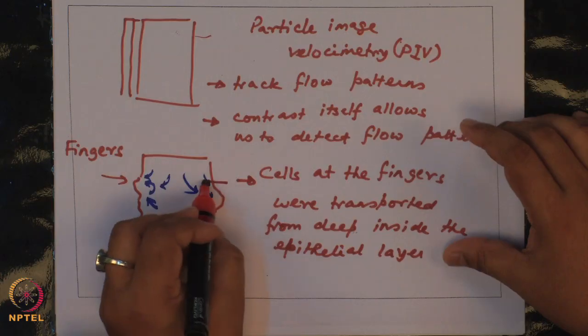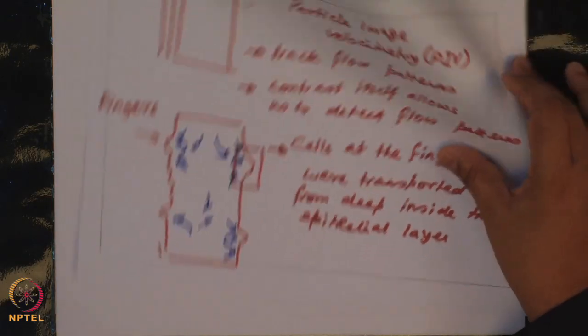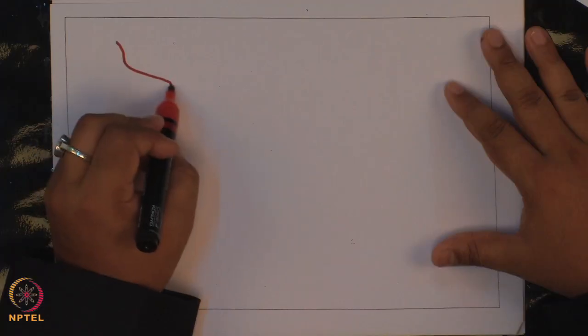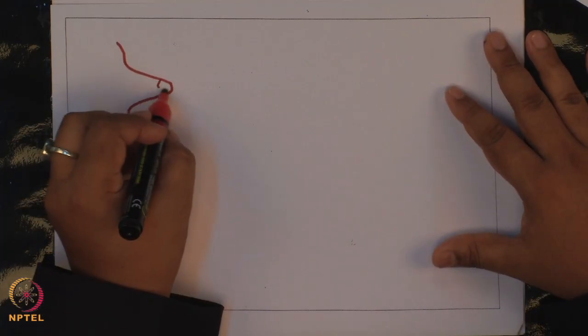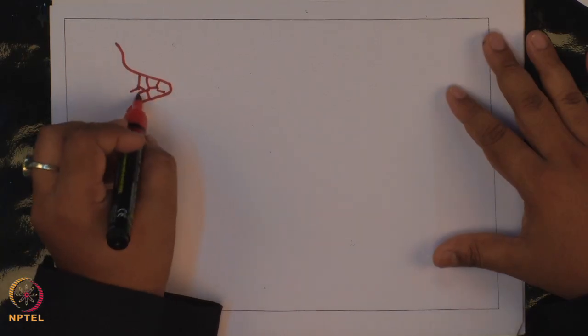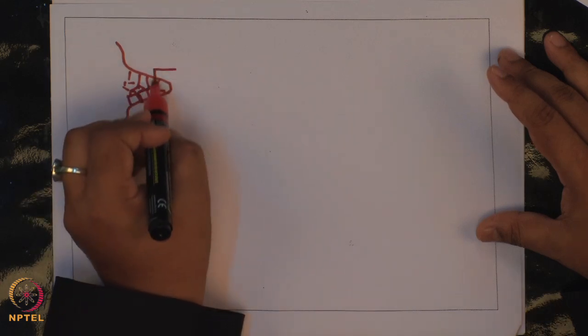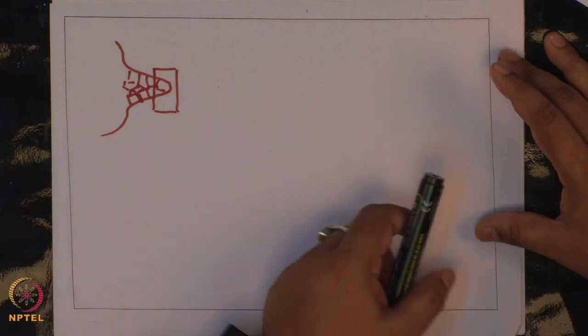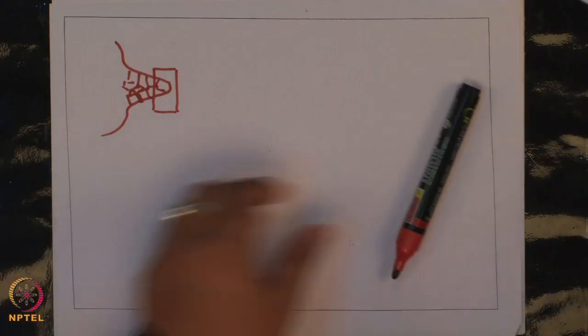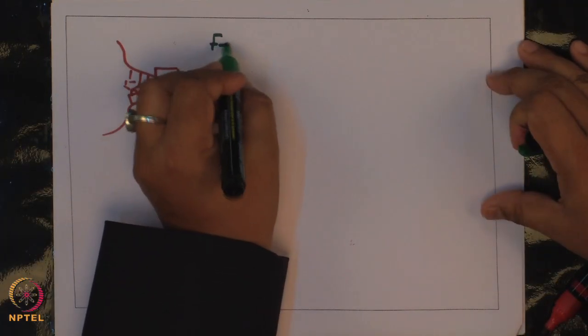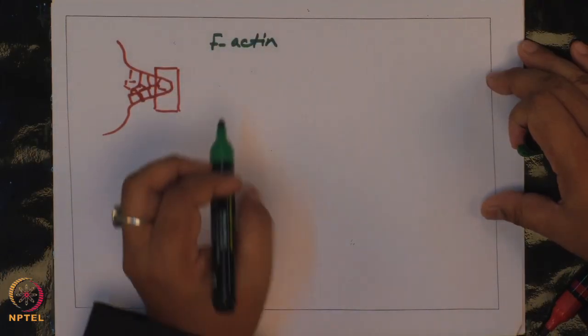So, if you zoom into the fingers and ask, okay, what is happening? Okay, why are these very local protrusions being formed as opposed to gradual expansion of the epithelial layer? What the authors found, so if I zoom into a finger, let us assume this is a finger, and you have multiple cells at the fingers, so on and so forth, these are the cells. Okay. So, if they zoomed in to a few of the cells right at the edge of the finger, what they found, okay, so I will draw the F-actin image. Okay. F-actin was